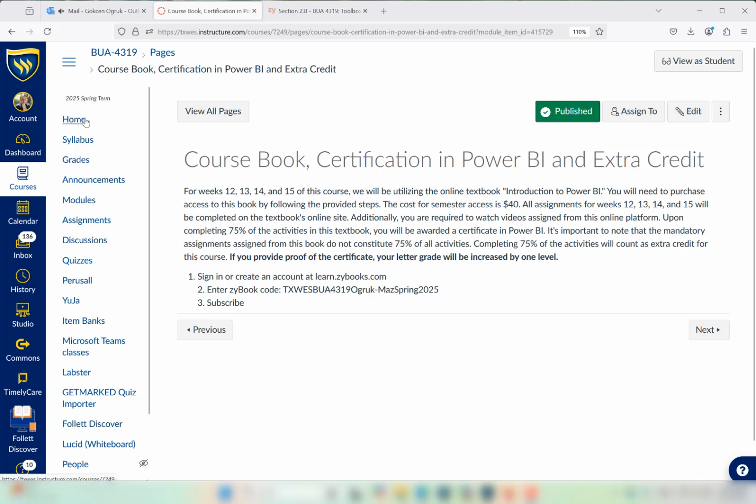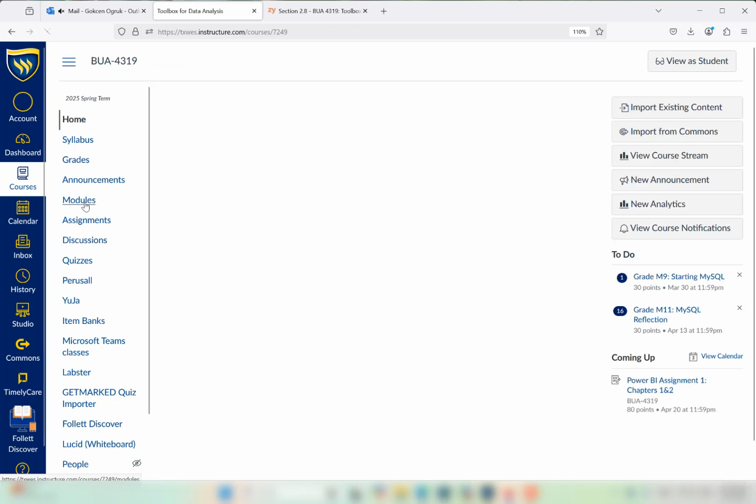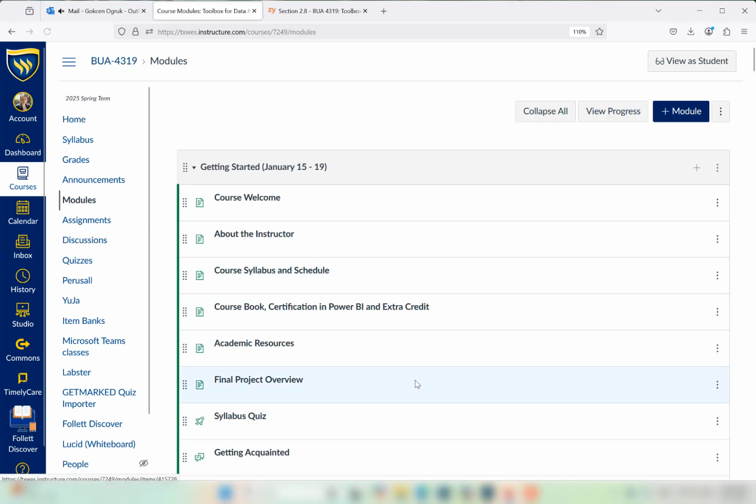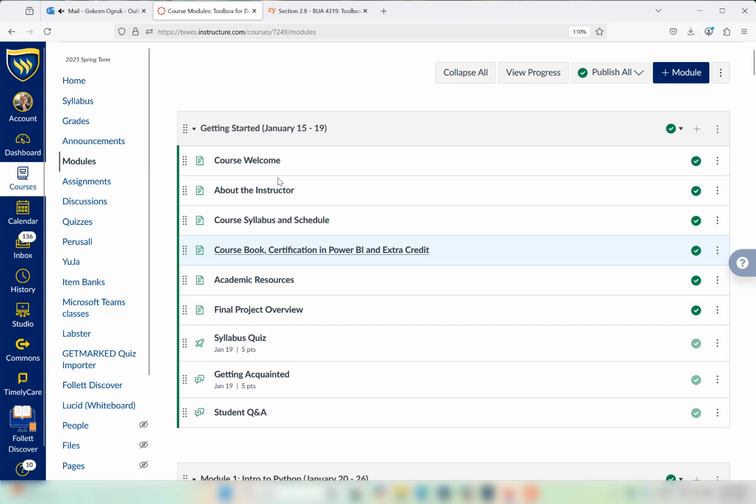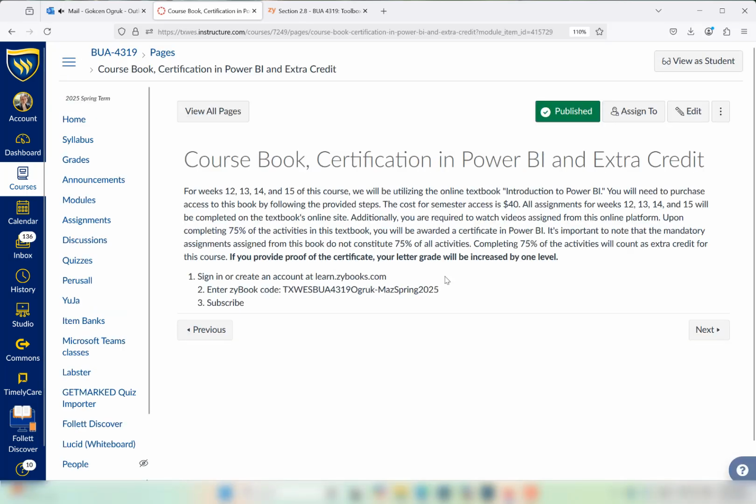First, let me show where you can find the zyBook code. Go to the Home tab, or the Modules tab, which is much better. Click on the Modules tab and you will see the course book certification under the Getting Started module. Click on this. For weeks 12, 13, 14, and 15, and we are in week 12 now,